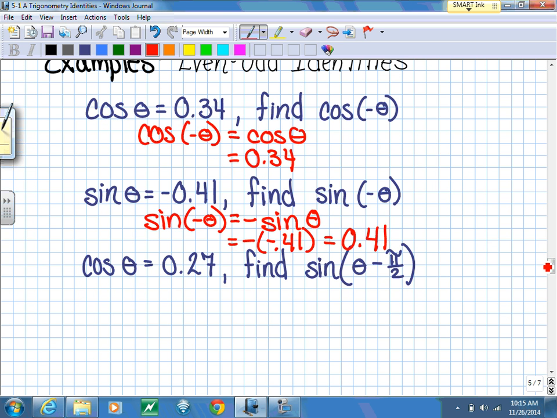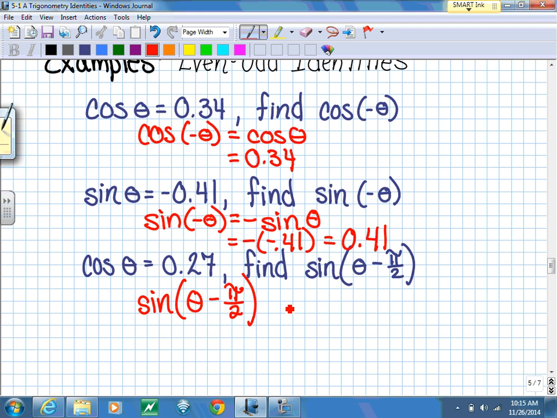Now the next one here can be a little bit tricky to look at. I'm given that cosine of theta equals 0.27, and we need to find the sine of theta minus pi over 2. Well, we have to be careful here because it's not the same thing as what we were doing with our cofunction identity, because that is pi over 2 minus theta. So what we can do here is switch this up a little bit, since we're trying to find the sine of theta minus pi over 2,